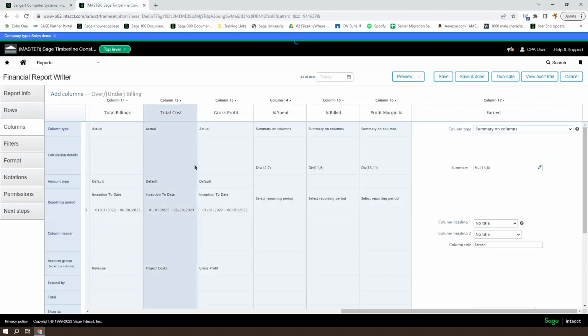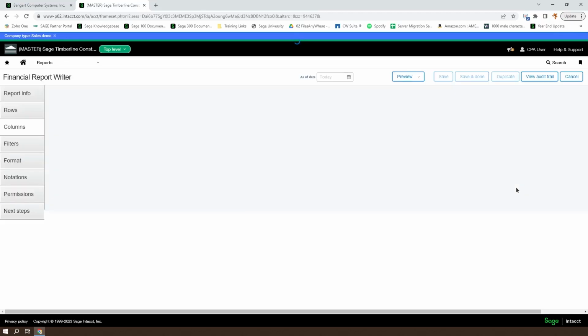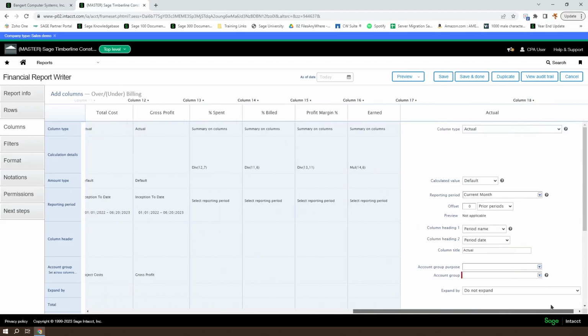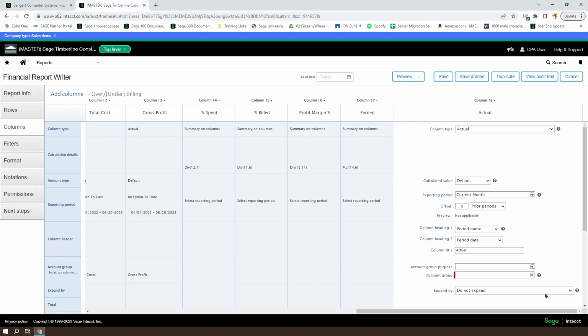And we can go ahead and move on to the next step, which is where we're going to actually calculate our over under billing. So we'll need another column for that. We'll add that again to the right. And this column is going to be the total billings minus the earned, because we want over to be positive and under to be negative. That's where our title has over and then under in parentheses. So if we're under billed, we're going to have a smaller billed value than earned value. So if we subtract a larger earned from a smaller billed, that'll give us a negative.